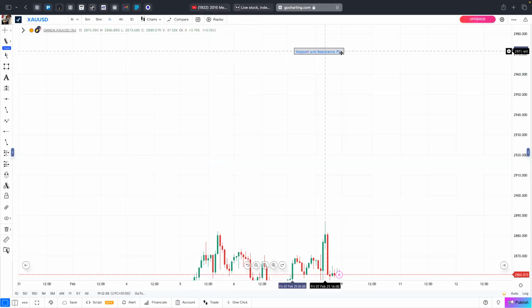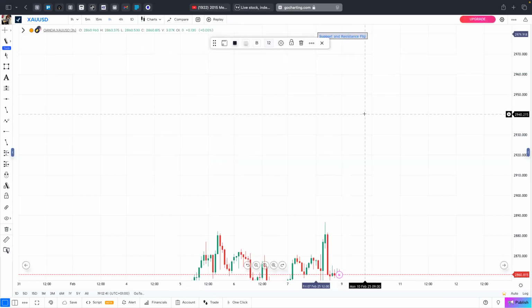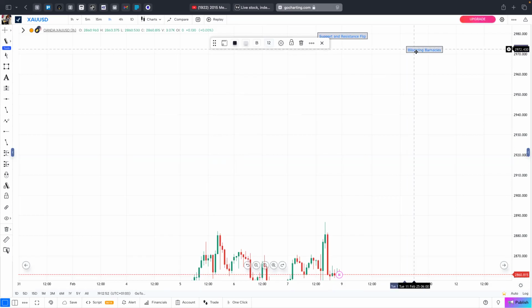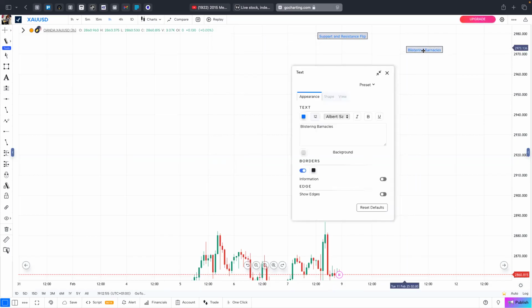We have a support and resistance flip. Now, what is a support and resistance flip? A support and resistance flip is basically when a support turns to a resistance, and when a resistance turns to a support. So let me write that down somewhere here so that you guys will get to see it. Basically, when support turns to a resistance